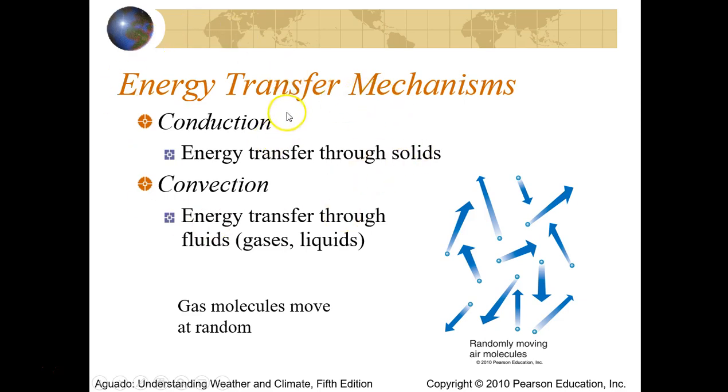When energy is moving, there is a variety of ways in which we could talk about energy moving, and we could talk about conduction and convection. When we talk about conduction, we're often talking about molecules moving in solids, and because solids are in contact with one another like brick, if you have one side of a brick and you heat it, it can, through kinetic energy, actually move through vibrations. One molecule touching another molecule will cause the molecules to start vibrating.